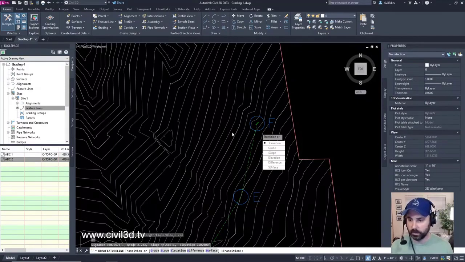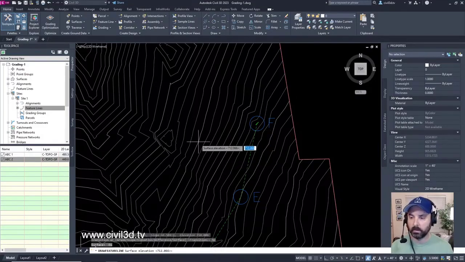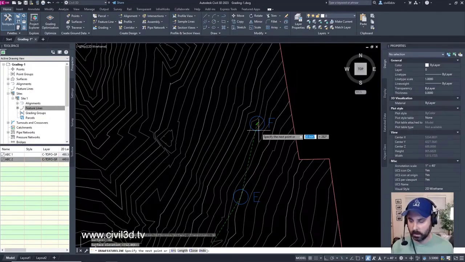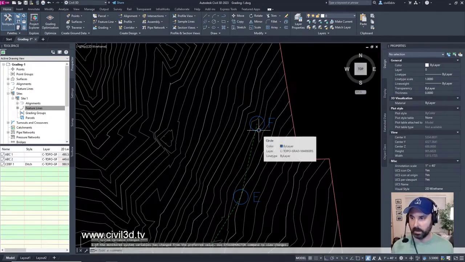At the end of this transition, we're going to select surface. Then we're going to accept the elevation of 712 for F. Then we'll press enter one more time to exit out of the command.